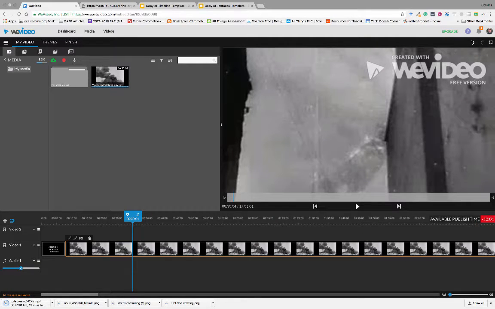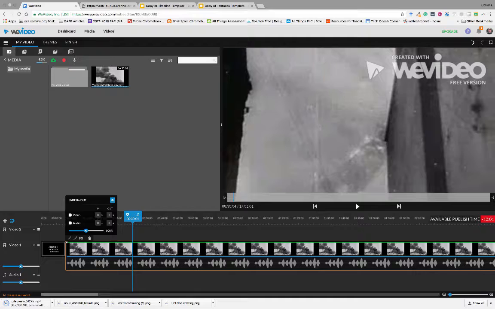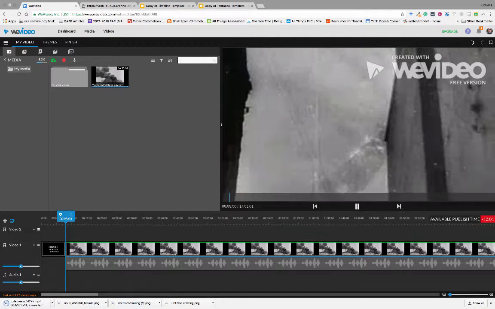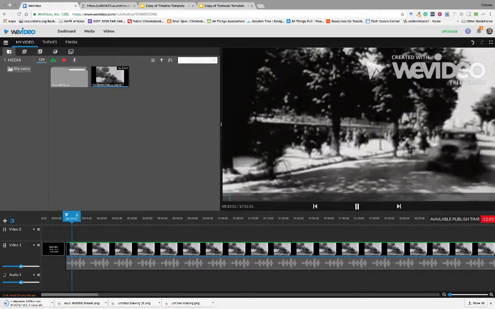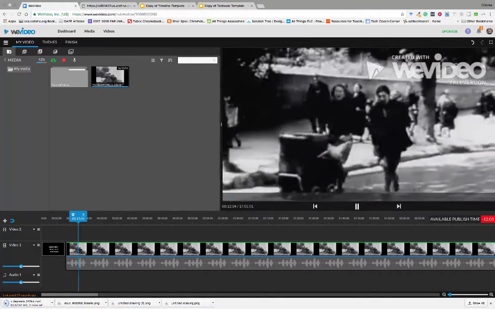When I go here, it separates my audio, and I know that I can then mute the video, or excuse me, mute the audio. So I can mute the audio throughout the whole thing. I can also change the opacity of it, but I don't need to do that. I don't want the audio, so when I play, you can tell that the audio is gone, right?